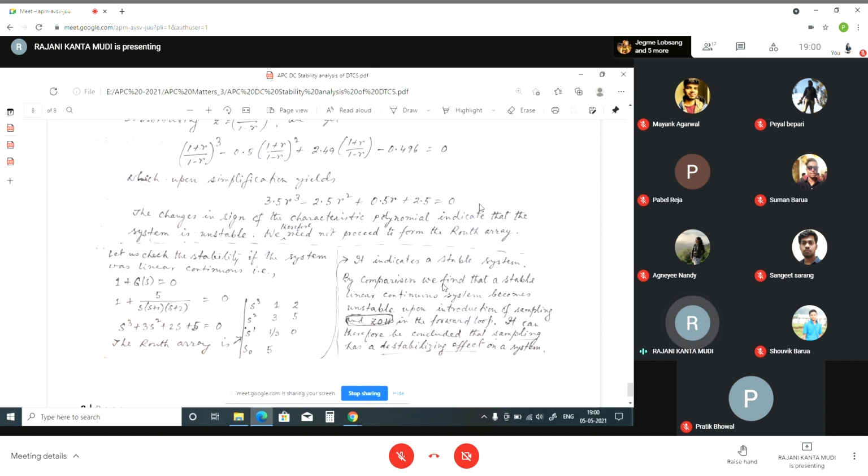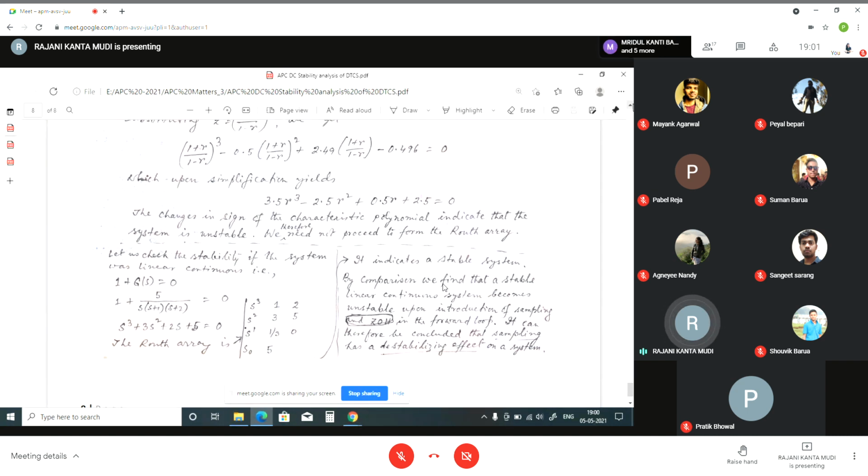This is the condition in the case of Routh-Hurwitz also. Before testing the Routh-Hurwitz criteria, first we have to check whether any coefficient is negative. If there is a negative coefficient, we can conclude the system is unstable. Here you see that in the new complex plane, the polynomial expressed in terms of r has a negative coefficient, minus 0.25. That is why it is unstable.